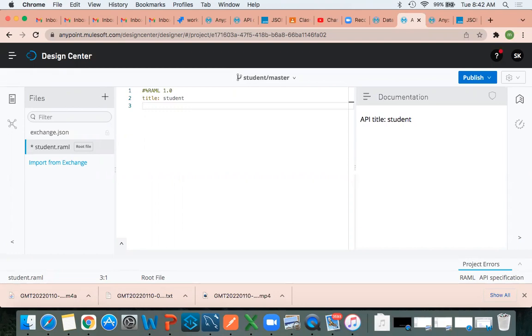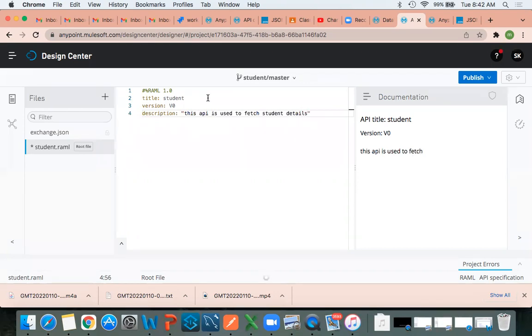Okay. Now what I want right here: version, description. V0 or V1 you can write. Description: this API is used to fetch student details.